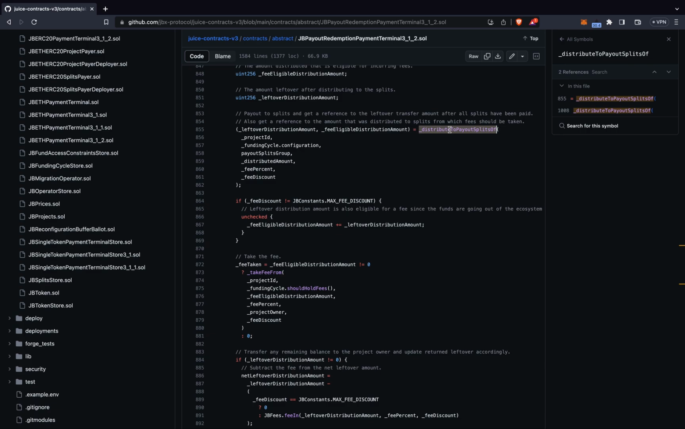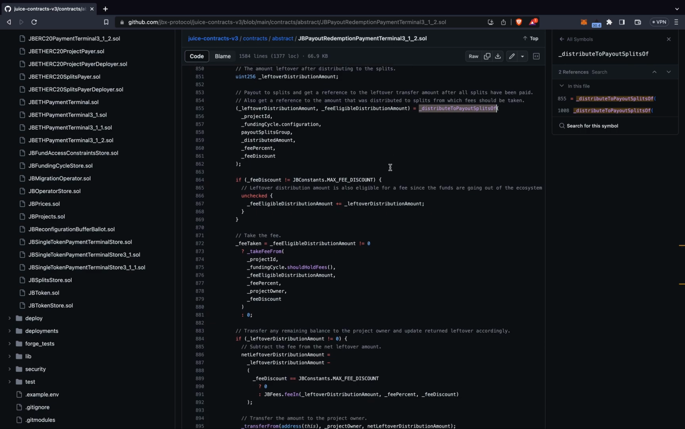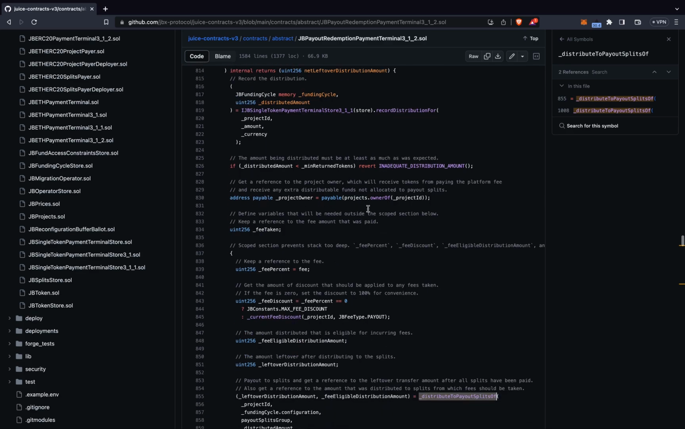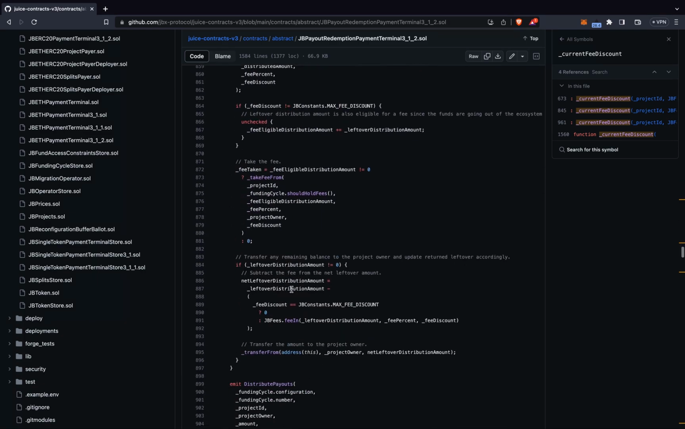One thing, where did you say the fee discount? How is the fee discount set or determined? The fee discount comes from that function with the fee gauge, the current fee discount, which is 100% if JuiceboxDAO doesn't have the payment terminal of whatever token's being paid in. Yeah. Cool. All right, so let's dive into